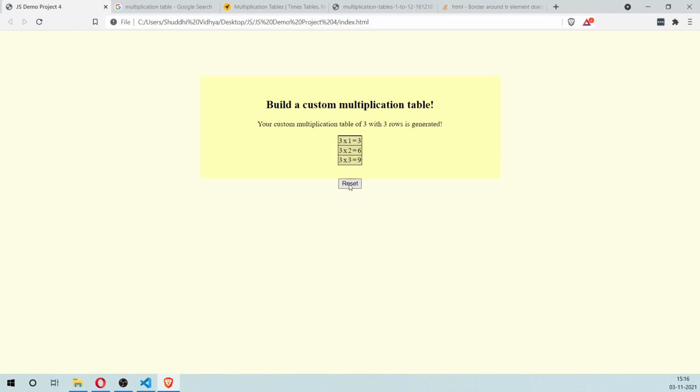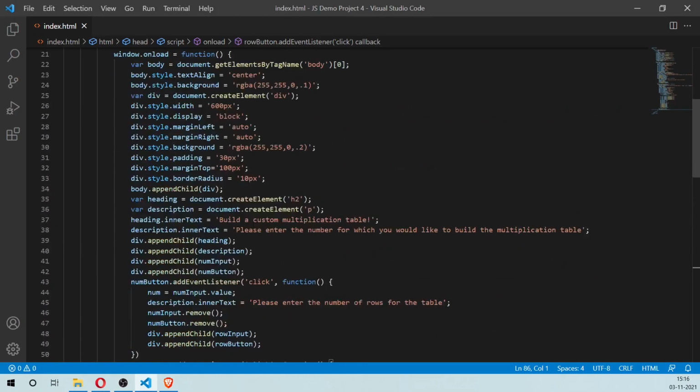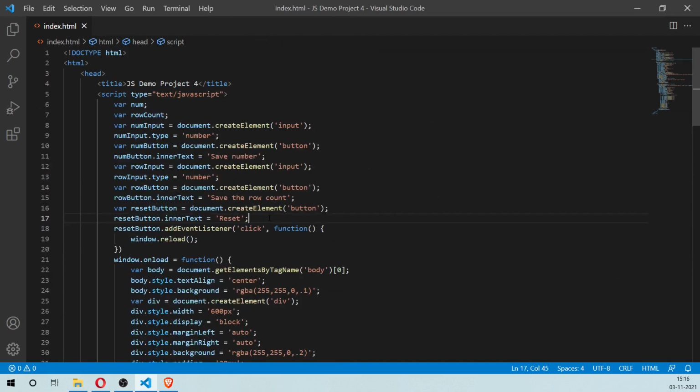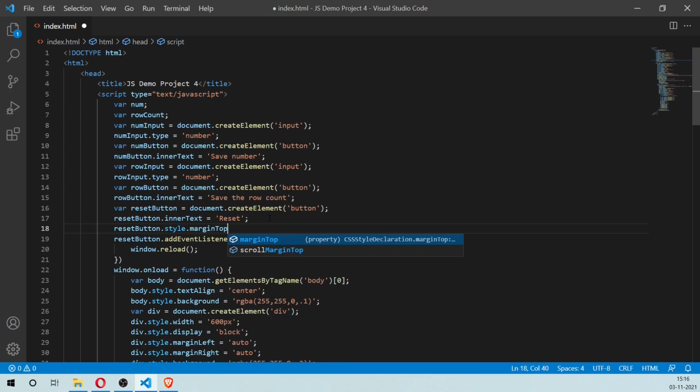Okay, so the reset button now appears at the bottom of the page. We can give it a margin top. So resetButton.style.marginTop equals 20 pixels, so that there's enough space around it.